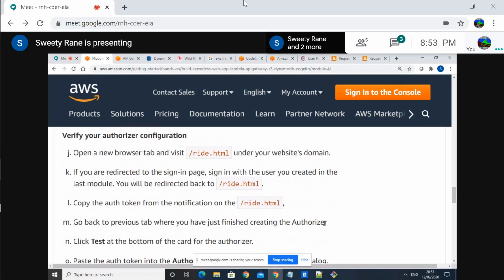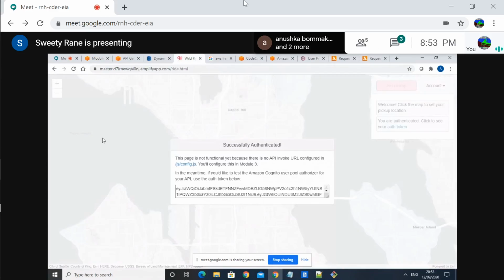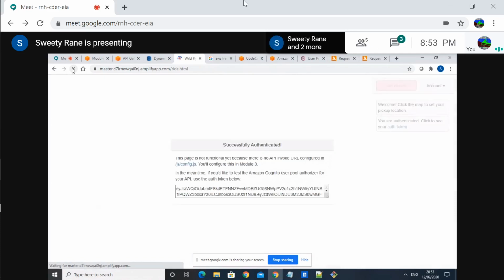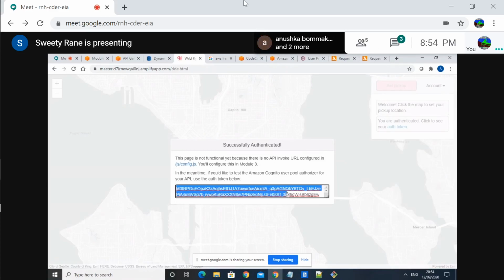Okay, okay. We have to do this for the token now. So refresh this, no problem. It will request your login. No, hold on. That token is there, no? Inside the window, it is there. Use the auth token below, it is given in the window. Yeah, copy that entire thing. That entire thing is the token. Yeah, click inside and press Control A.